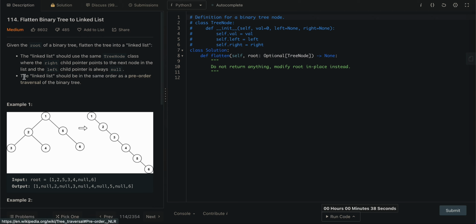So basically we are given this tree with a root node and we have to convert it into a linked list where this node is the same as this node, but the left is always null and right works as a next pointer. The linked list should be in the same order as pre-order traversal of a tree. So pre-order means